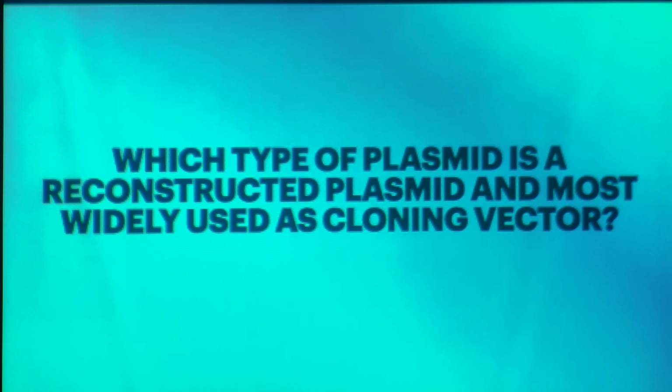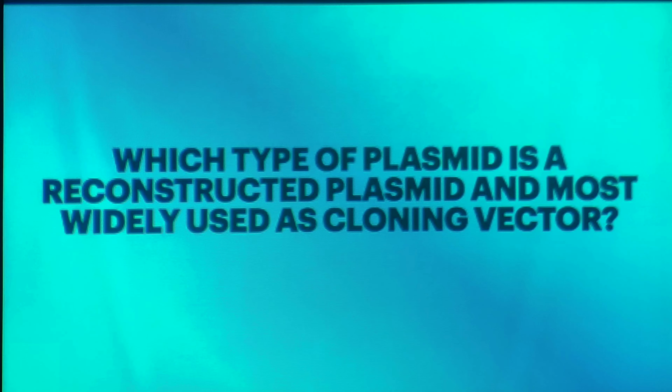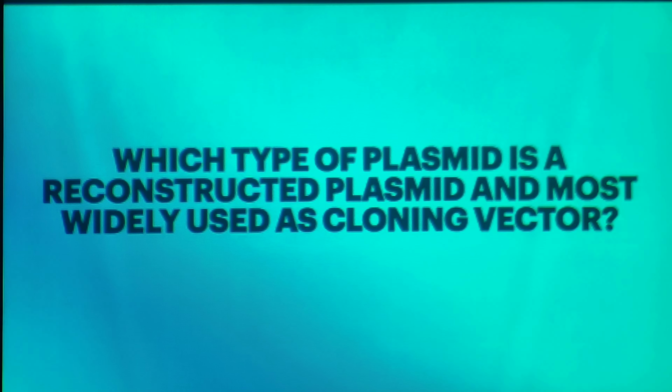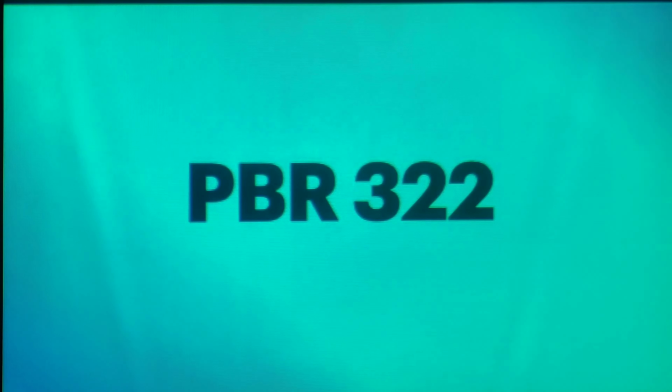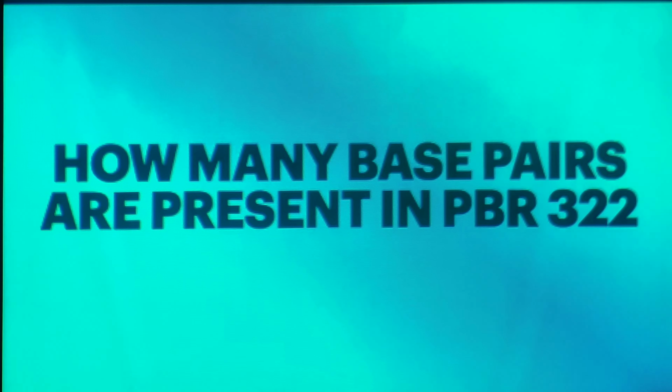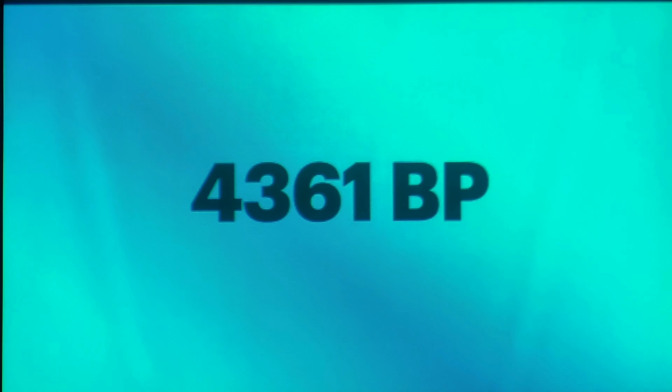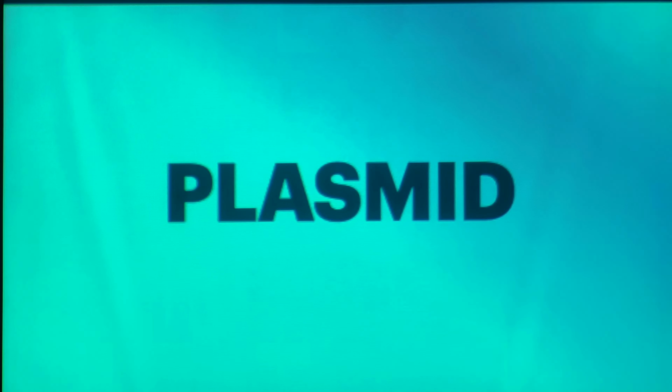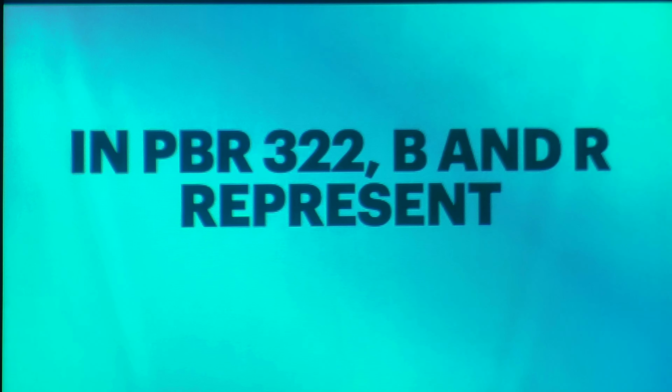Plasmids. Which type of plasmid is a reconstructed plasmid and most widely used as cloning vector? pBR322. How many base pairs are present in pBR322? 4,361 base pairs. In pBR322, p denotes plasmid. In pBR322, B and R represent